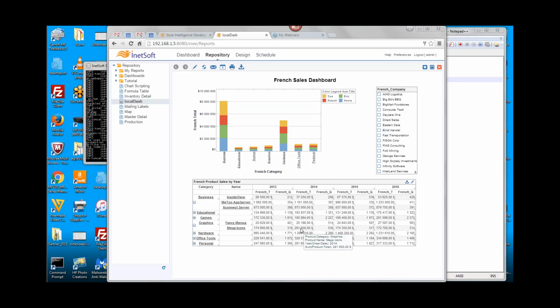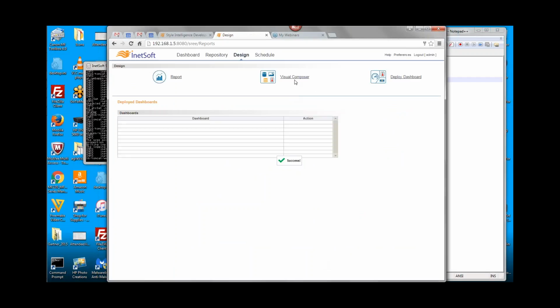Now, that's not always desirable because if these numbers are, these are the numbers that are being pulled from the database, right? If these are in US dollars, then you might not want that being automatically adapted to, for example, pounds or euros or yen, because the number will stay the same. It's just the currency symbol will change, and that will be very confusing. So, if you do want to avoid that kind of automatic locale adaptation of currency, what you do, and probably most of you know this already,